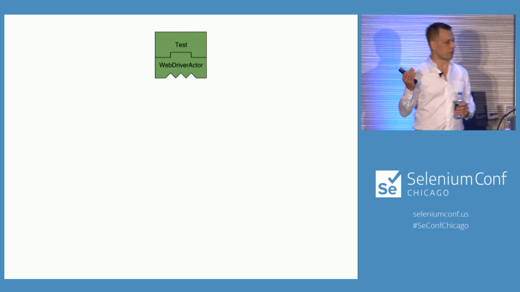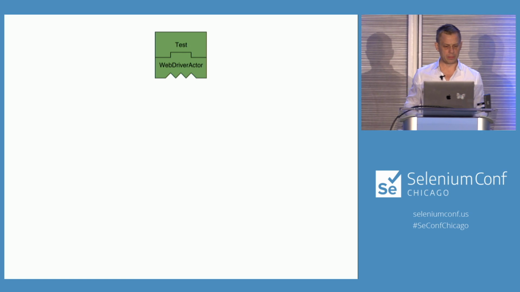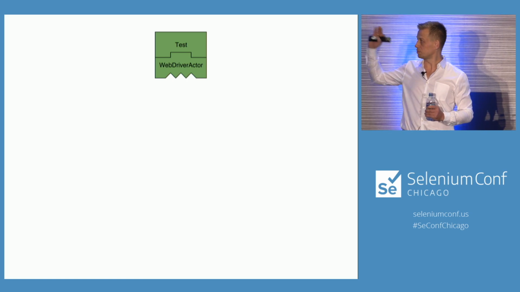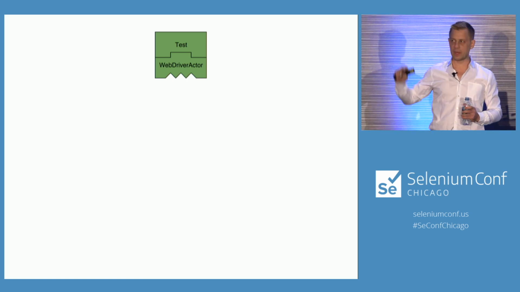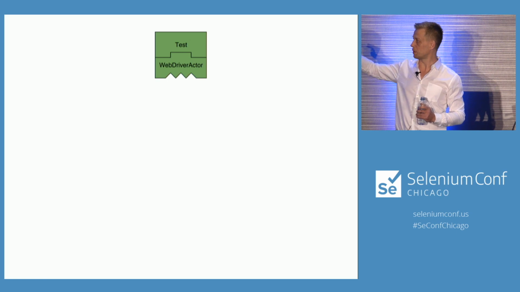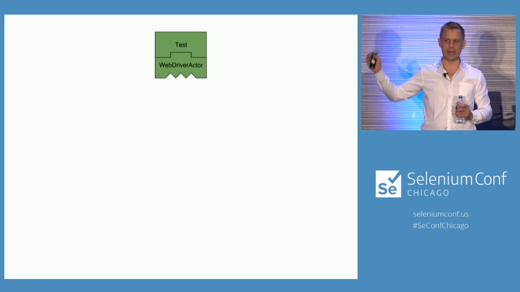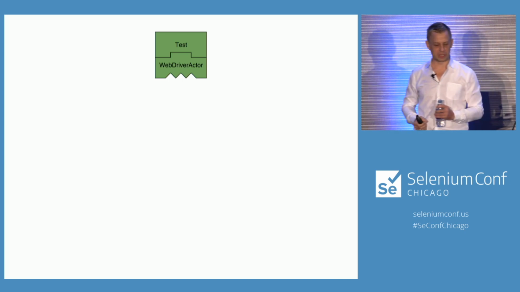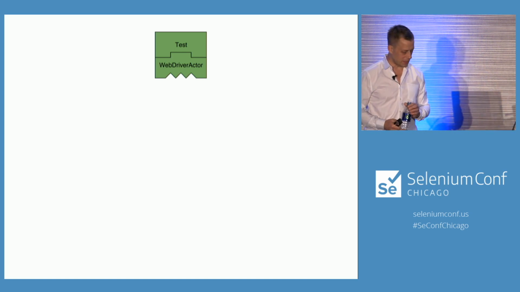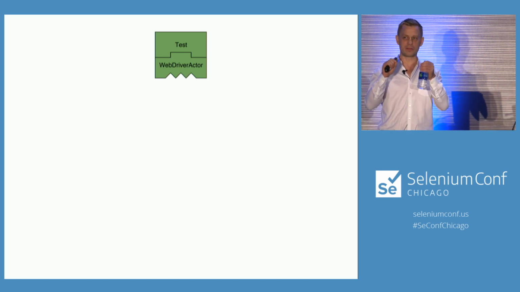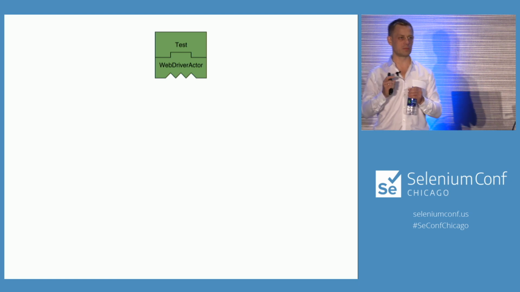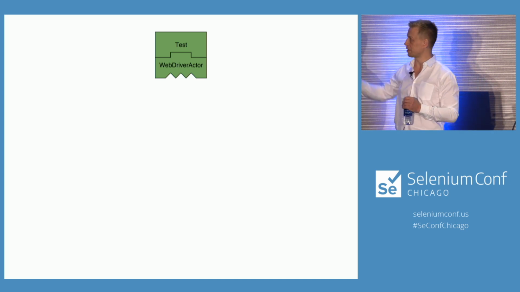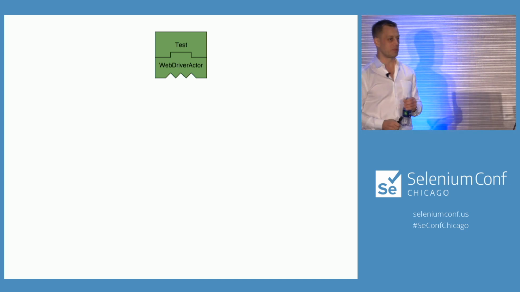But we got a test sitting here, and it needs to interact with something. So in this drawing here, I've called this thing a WebDriver actor, and I'll get back to why I've called them this way. But for now, let's just go with what's here. The thing that's important to look at here is how these things are connected. Has anyone here played with Lego? Right. So I grew up spending most of my childhood playing with Lego, and Lego has 2 sort of interesting things. It has studs and pipes. So the studs are the things that go up, and the pipes, that's the holes underneath. Right? So you can imagine this is a Lego. This top Lego fits on top of the bottom one.